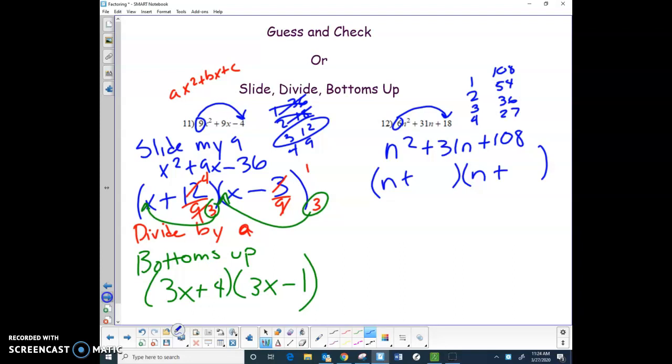So if I'm looking at these, I know this one obviously doesn't work. 2 and 54, these are both plus, so we're not dealing with any minuses. So 54 plus 2 is 56, 36 and 3 is 39. I need 31. Lo and behold, there's my 4 and my 27. All right, now I'm going to divide by my original a term, which was 6. And I'm going to simplify. So 2 goes into both of those. I've got a 2 and a 3. 3 goes into both of those. I've got a 9 and a 2. Now my bottom's up, so I'm going to take my number on the bottom, slide it in front of my